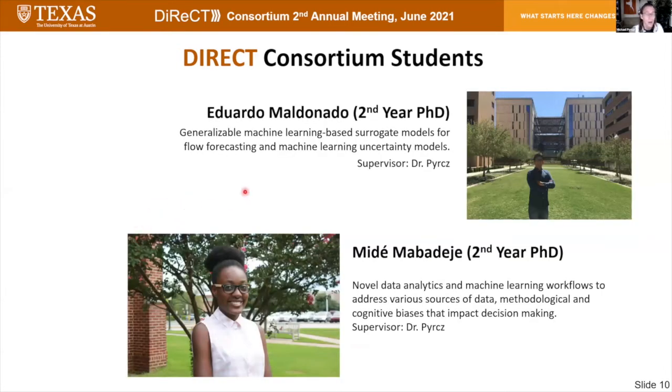Eduardo Maldonado has been working on generalizable machine learning surrogate models for production forecasting, really trying to use deep learning and figure out in a very fast, efficient manner what is going to be the flow at that new well. And imagine if you can do that accurately, this will dramatically change our ability to optimize well placement in a very efficient manner, real-time feedback, very exciting, but something happened.